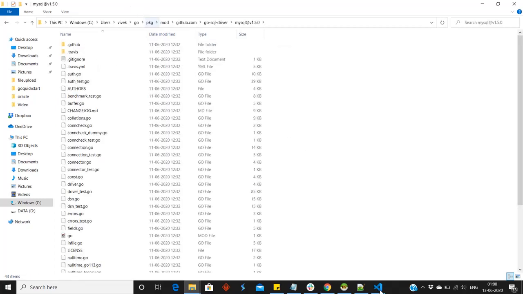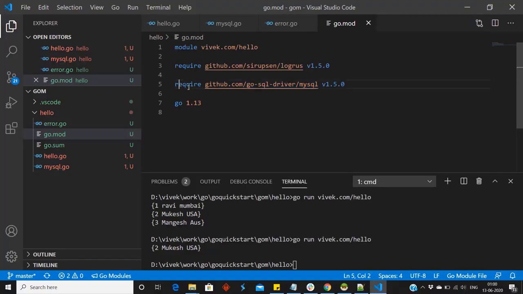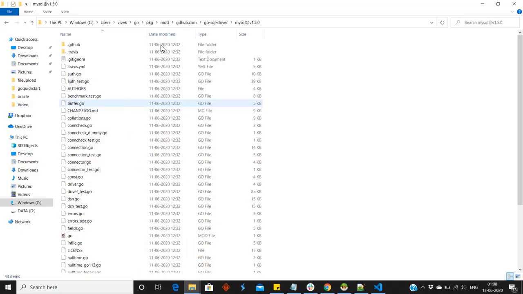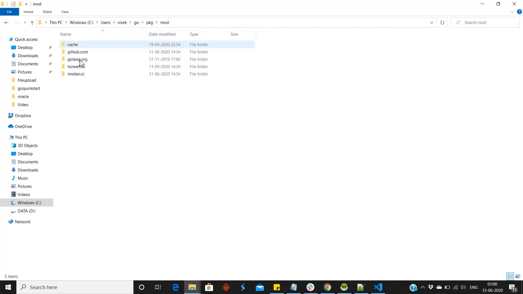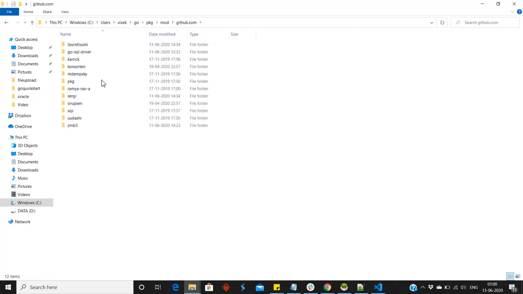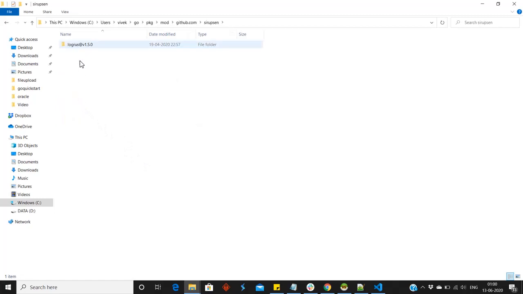Whatever dependency we add here, either Logros or MySQL, those will be downloaded here in the pkg folder. So we can find them from here. All the modules within github.com are here. If you go for Logros, it is here.